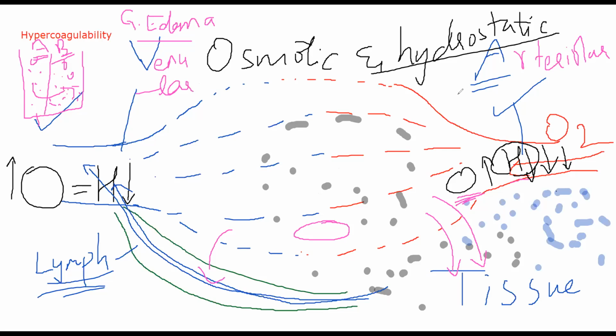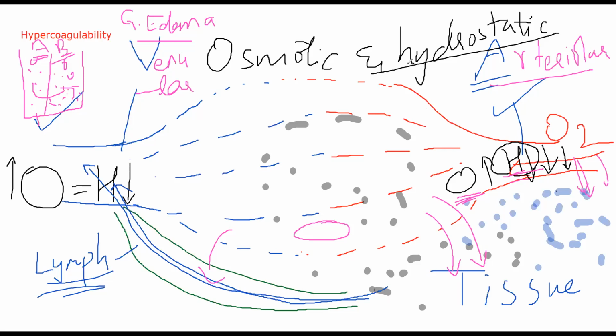Generally speaking, in the arteriolar end, osmotic pressure is slightly lower than hydrostatic pressure. Osmotic pressure will make sure that fluid is present inside the blood vessel. Hydrostatic pressure will make sure that fluid is thrown out of the blood vessel. Okay, they are opposite forces. At the arteriolar end, your hydrostatic pressure is slightly more than your osmotic pressure, because of which there is a net loss of fluid from your blood vessel into the tissue space. Meaning more fluid and a little bit of protein is also lost into your tissue space.